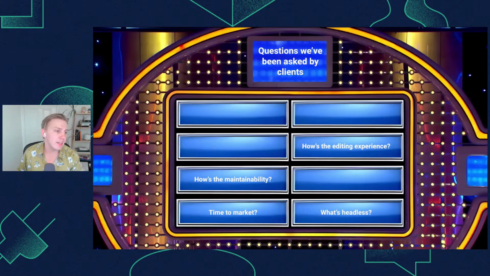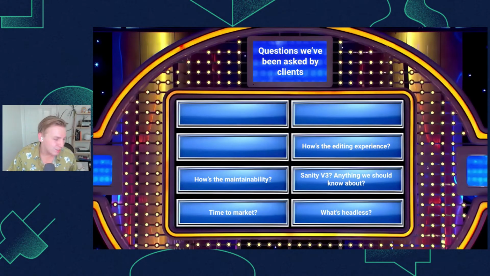Time to market, again, the beauty of working with Sanity, the beauty of working with Next.js and other headless frameworks, for example, Gatsby, the time to market is really, really fast. So you are essentially testing very quickly. And again, talking about A/B testing, Optimizely, all that kind of stuff, you can take a very simple website from start to finish in a very short period of time. And clients are really going to appreciate that honesty about how this would work.